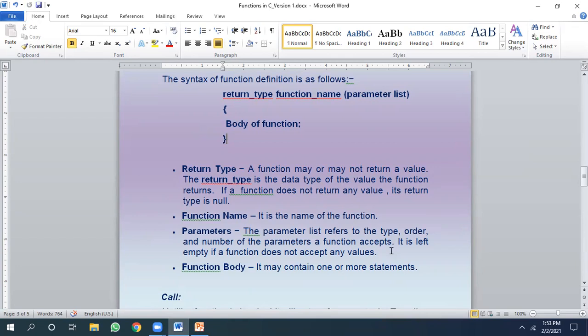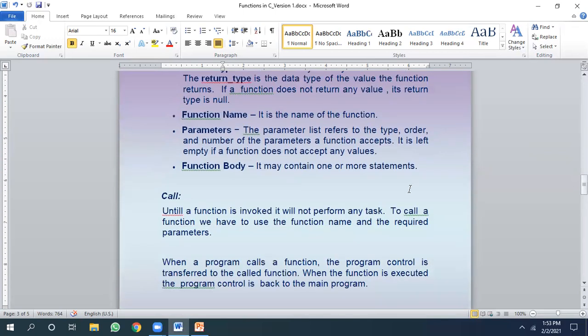That means the first actual variable will be transferred to the first formal variable. There is no concept of key, which we find in languages like Python. That means only the parameter will be passed in the positional way. So we have to maintain the order of the parameters. The order of the parameters, the type of the parameter, and the variable names have to be properly given. Otherwise, there will be no function call and we shall get an error. And ultimately, there is the body of the function, which may contain one statement or it may contain more statements.